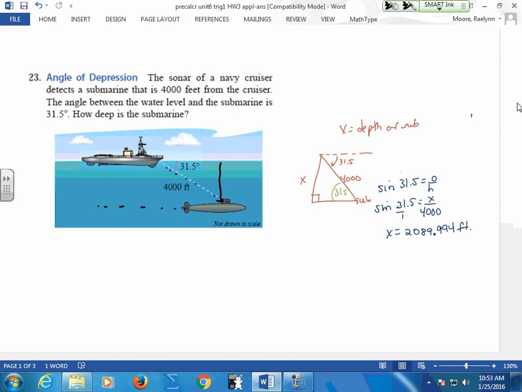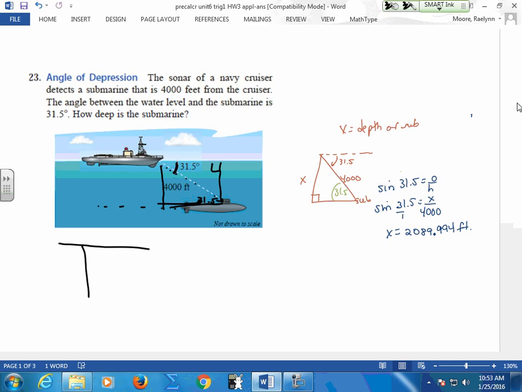So a number of ways you can set up your triangle. If you set it up that way, that's fine. You're looking for the depth. You still have your angle. You're looking for opposite over hypotenuse. If you set it up this way, absolutely the same way. This angle is the same as this angle. Your angle of depression